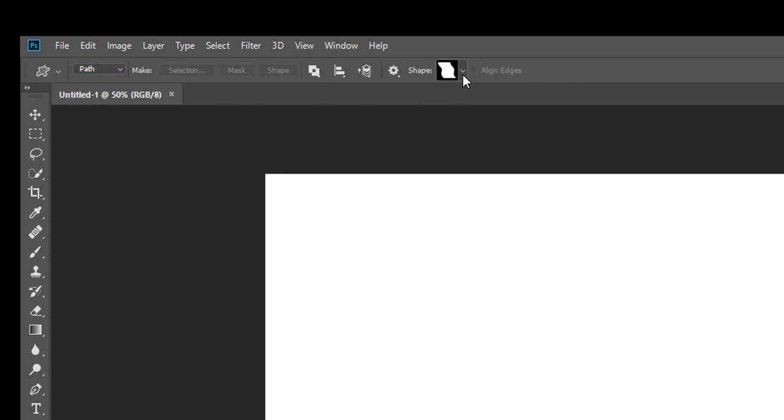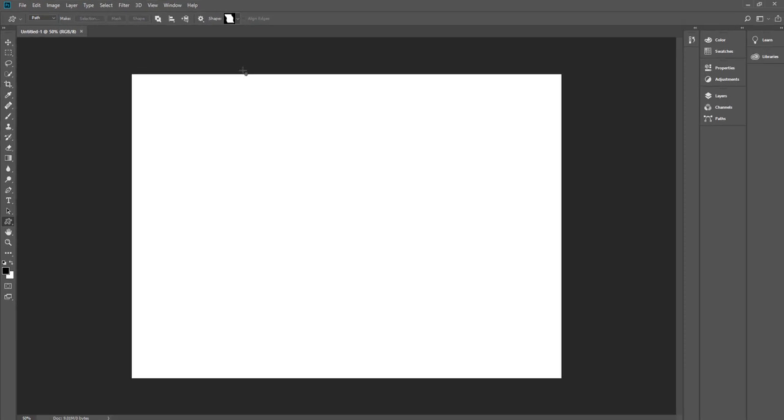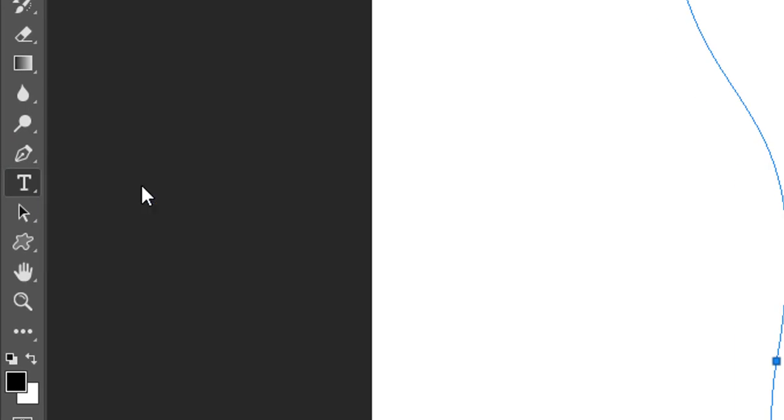Click the Custom Shape arrow to choose a shape. To see all the custom shapes, click the menu picker and choose All, or pick a specific category and click OK. Click and drag to draw your shape, and then to add text, click the Horizontal Type tool and set